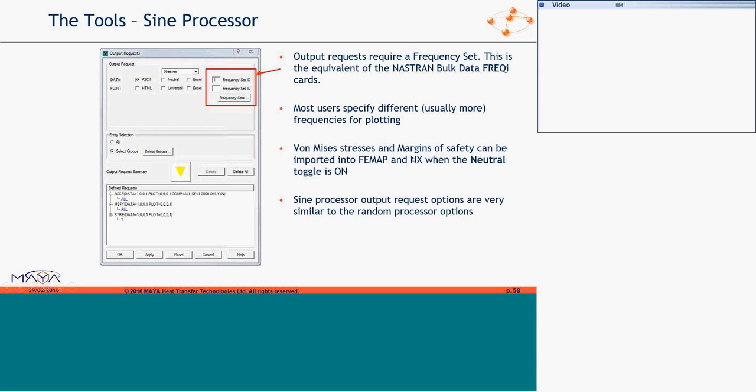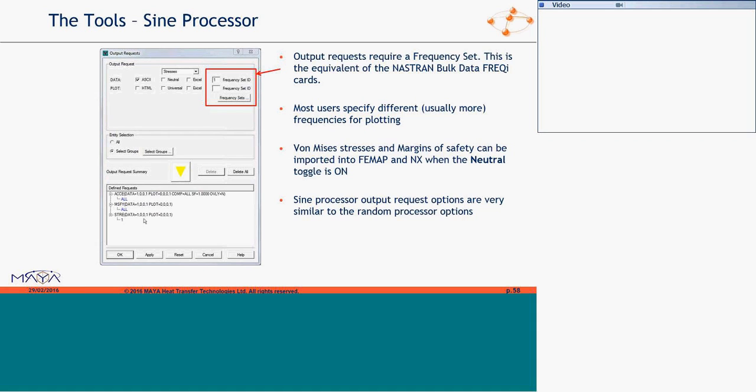Von Mises safety for NX. The neutral toggle is on, so neutral, actually, sorry, it's not clear, but it generates a universal file. Options otherwise are very similar to the random processor. All your stresses, for example, here you can select groups, and then you click the yellow arrow here, and that gives you results.